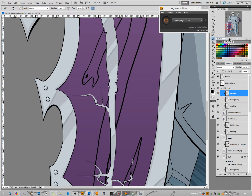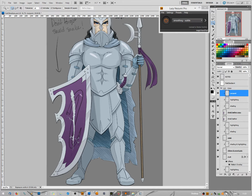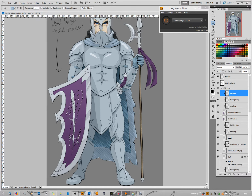Alright, maybe that was it. Yep, that was it. That little spot. So what I'm going to do is first make the selection, expand it. Maybe not by 5, maybe just 3, so that it goes a little bit farther into the lines themselves. Now,